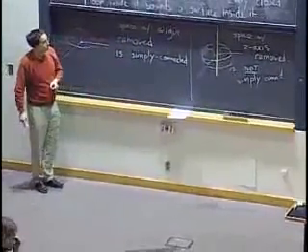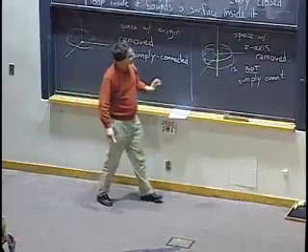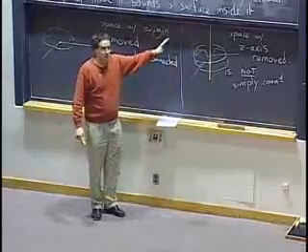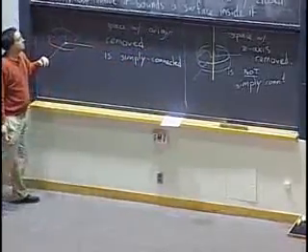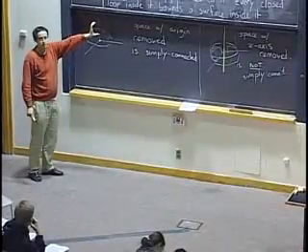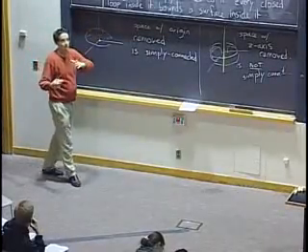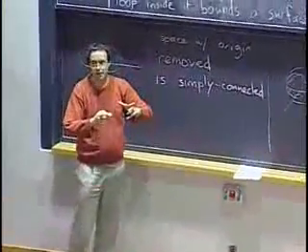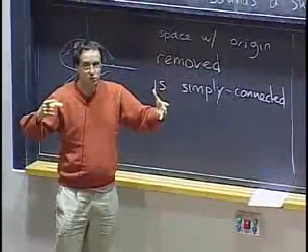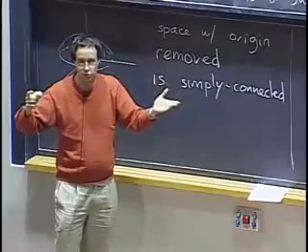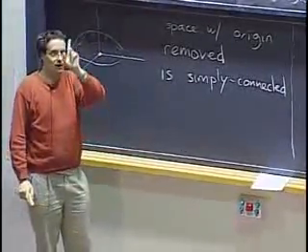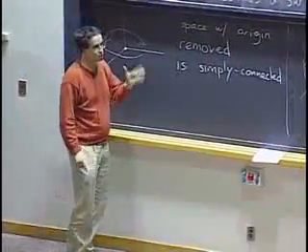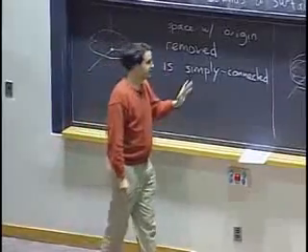So actually, maybe another way to convince yourself is to find a counterexample to the statement I'm going to make about vector fields with curl 0 in simply connected regions always being conservative. So what you can do is take the example that we had in one of our older problem sets. That was a vector field in the plane. But you can also use it to define a vector field in space, just with no z component. That vector field is actually defined everywhere except on the z-axis, and it violates the usual theorem that we would expect. So that's one way to check, just for sure, that this thing is not simply connected.